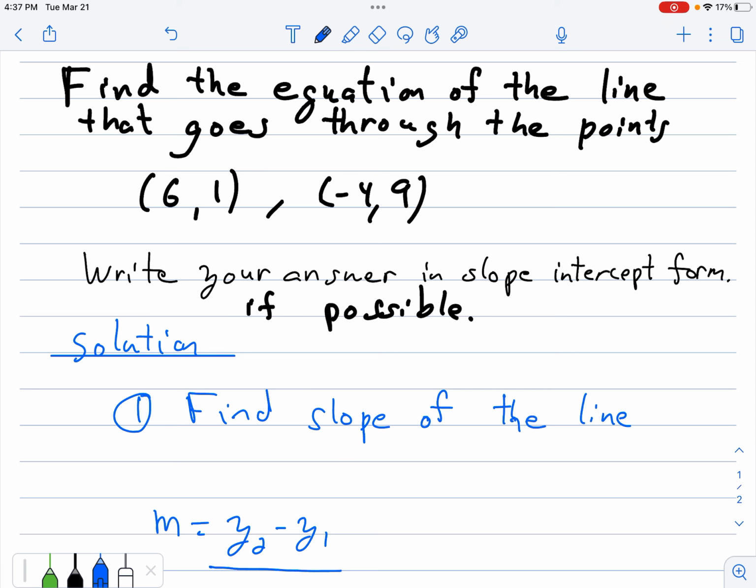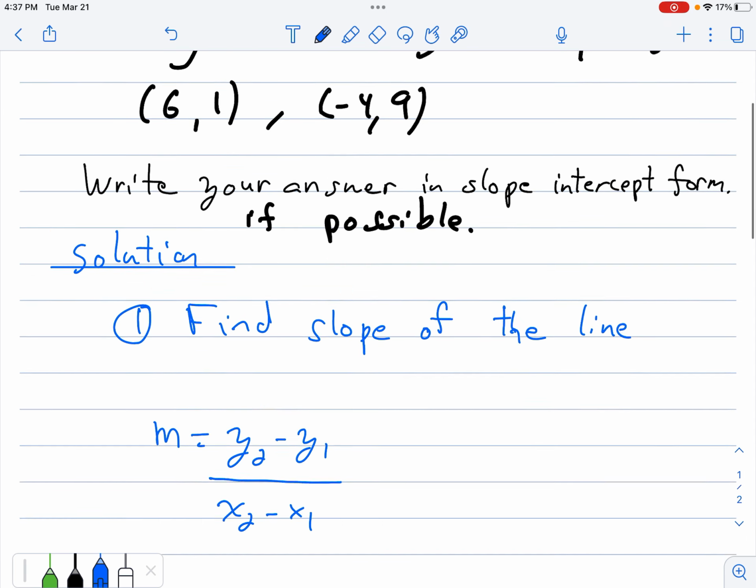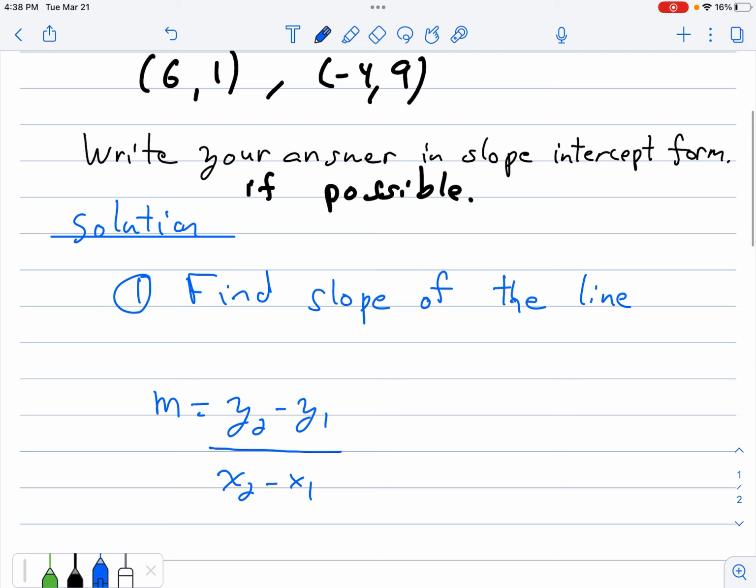Okay, so we'll go ahead and use our formula, y2 minus y1 over x2 minus x1, to find the slope. And what's y2, y1, what's x2, x1? Well, let's take our points and label them accordingly. I'll just take this first pair, (6, 1), and label that as x1, y1, and then x2, y2